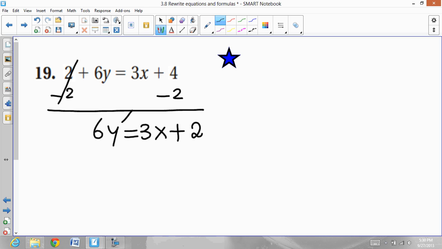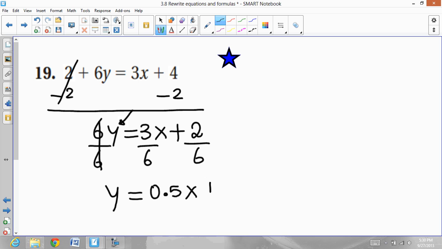And remember, you want to get the y alone, which means you want to write the y as a function of x. So divide by 6, because 6 is multiplying, to do the opposite. Divide by 6 on the left, divide by 6 over here, and divide by 6 over here. 6 divided by 6 gives you a 1. 1 times y just gives you a y. And 3 divided by 6, x is nothing but